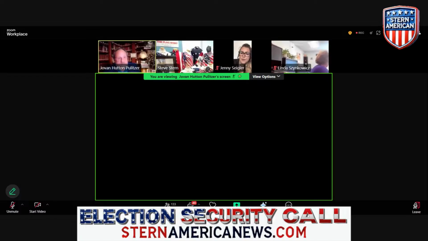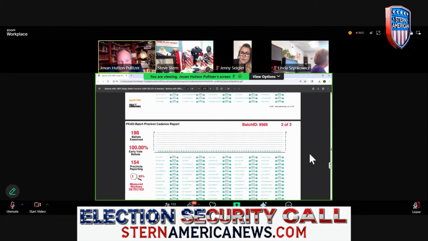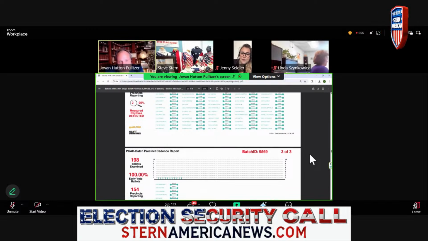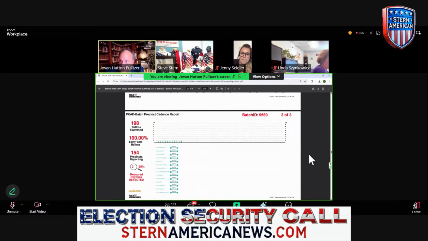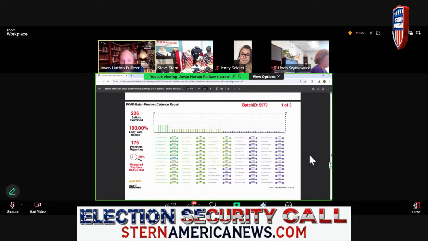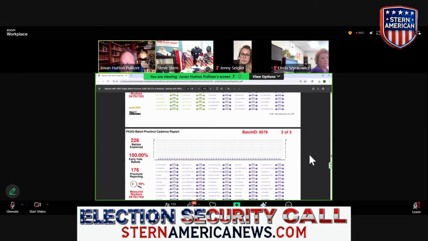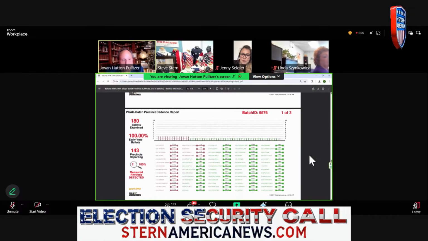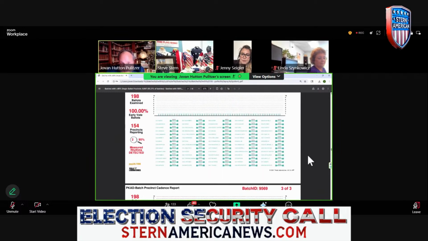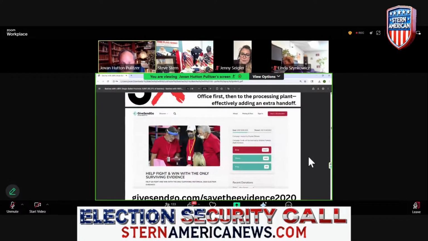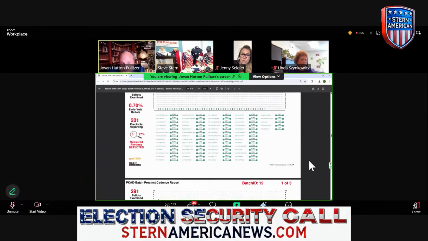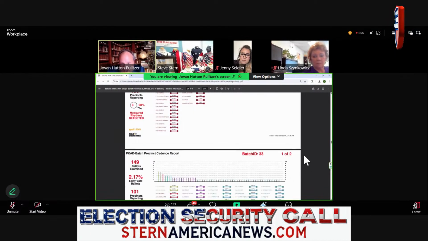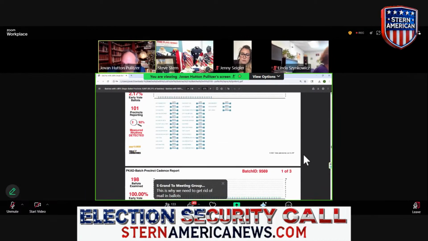Let's keep on going. The key part of this is it just keeps on happening. So we try to understand what in the hell we are looking at, that in excess of 90% of every single batch is showing just one ballot spread across all these other precincts. And it just keeps happening time and time again. It doesn't matter what it was. I just went from batch 3 up here. This is batch 3. This is batch 12. This is batch 33. This is batch 9,569.